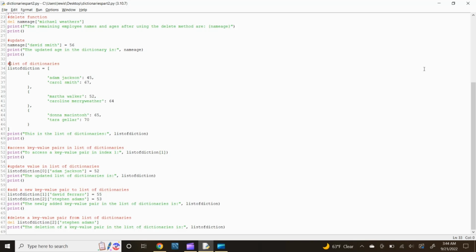The 8th operation we will cover is creating a list of dictionaries. As the name implies, this is a list of multiple dictionaries. Start out by typing list of diction equals open bracket, open curly bracket, apostrophe Adam Jackson apostrophe, 45, comma apostrophe